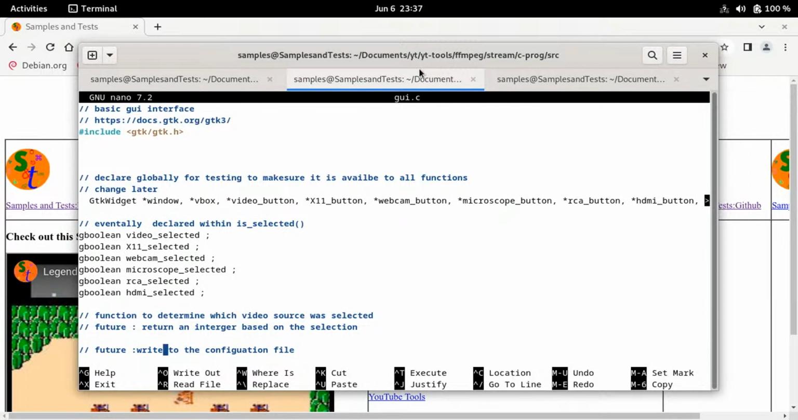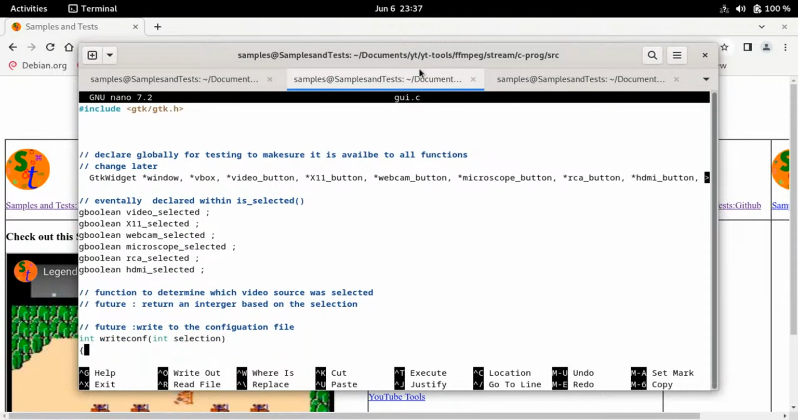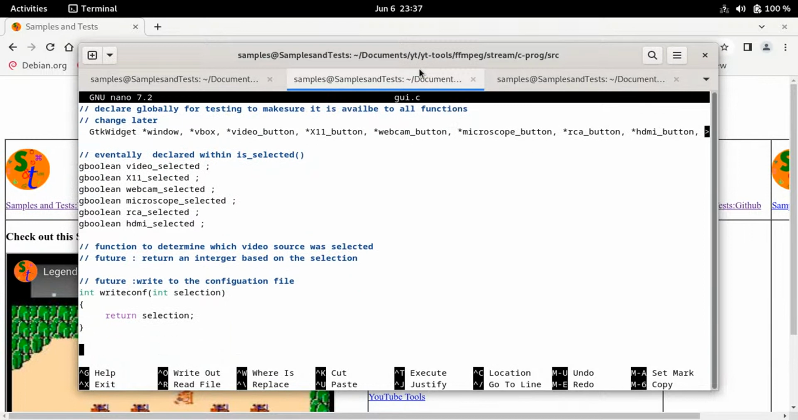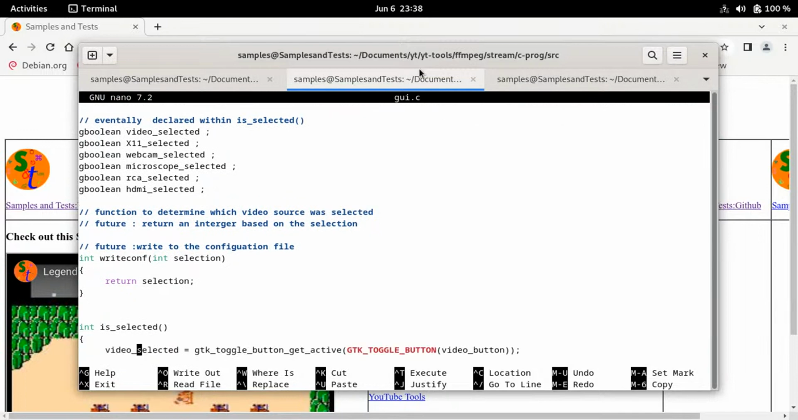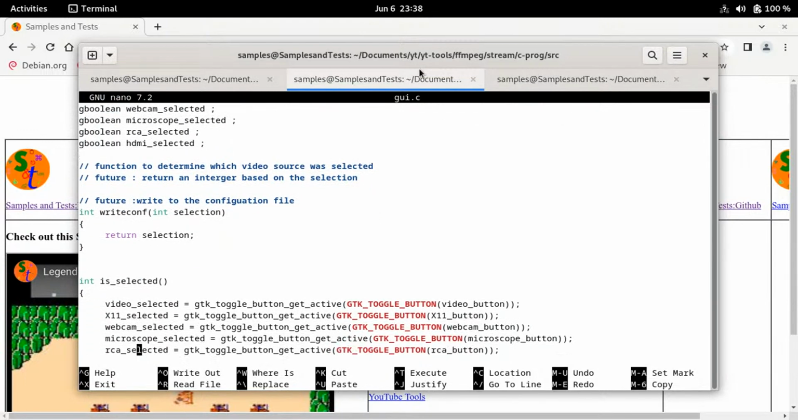So then it just will run this write conf, or this is the write conf function, and it just returns selection right now. I don't have it writing the configuration file right now. This is where, wherever that configuration file is gonna be, that's where it's gonna write to it. This is selected, and it checks to see